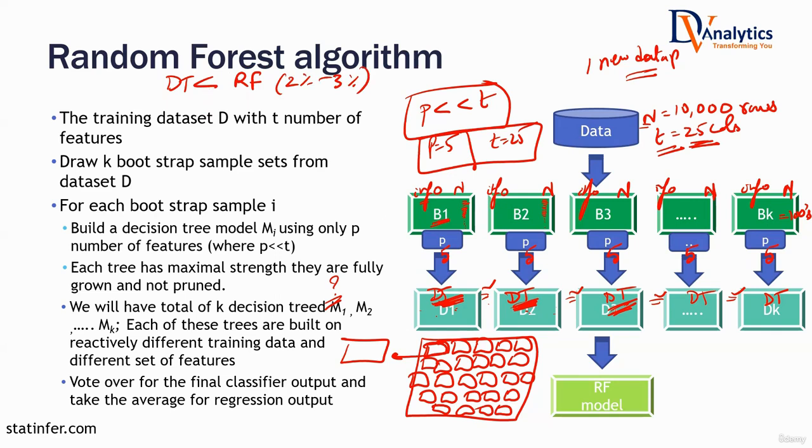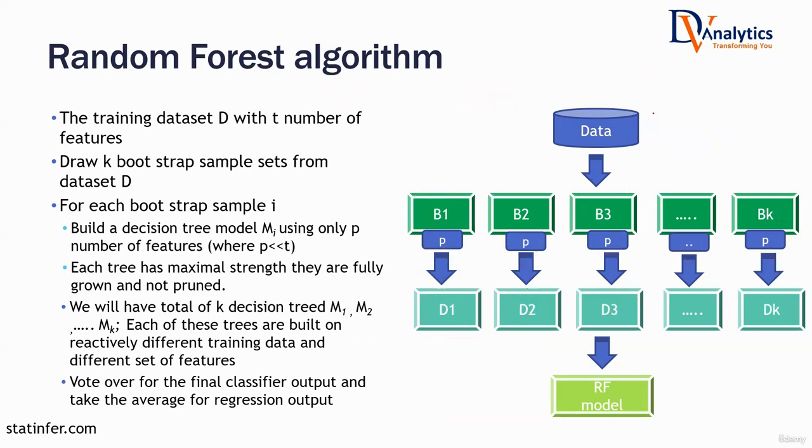So once again, what is the random forest algorithm? Imagine you have a data set of n rows and T columns. Make K bootstrap samples or K bags, bag 1, bag 2, bag 3, and so on, bag K. K number of bags are there. K is usually a large number, hundreds of bags. On each of the bag, how many records are there? The number of records are same as the data set size.